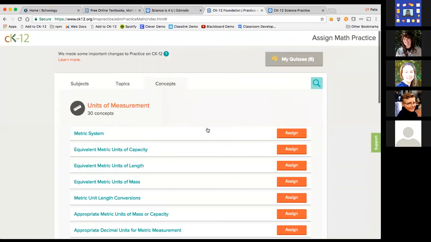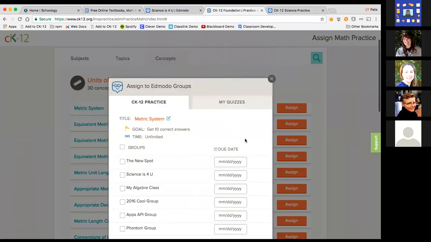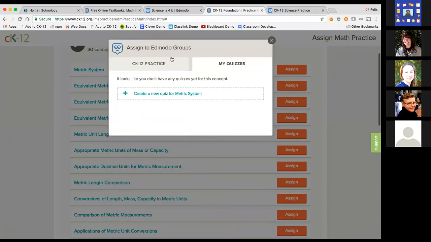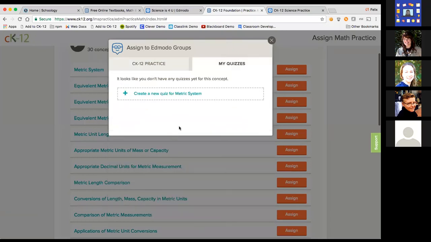So once you get here, it's kind of the same as what we saw before, but basically you select any one of your groups and a due date, or if you had any quizzes that were tied to the same concept. So if you had any quizzes that were tied to metric system, they would show up here. But then you also have the option to create a new quiz. That'll bounce you to a new